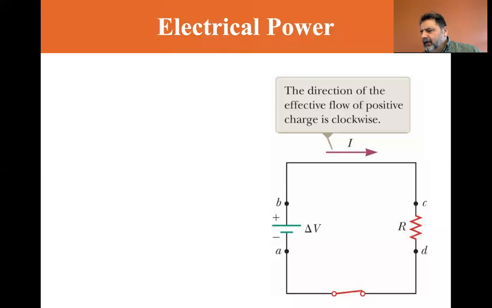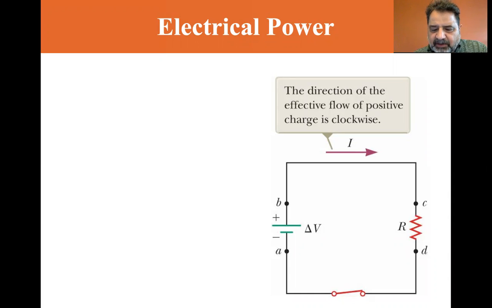Okay, now we are going to the last section of this chapter, electrical power. So let's share the PowerPoint. And if you recall, you may not recall, way back in chapter 8, we had a general equation,